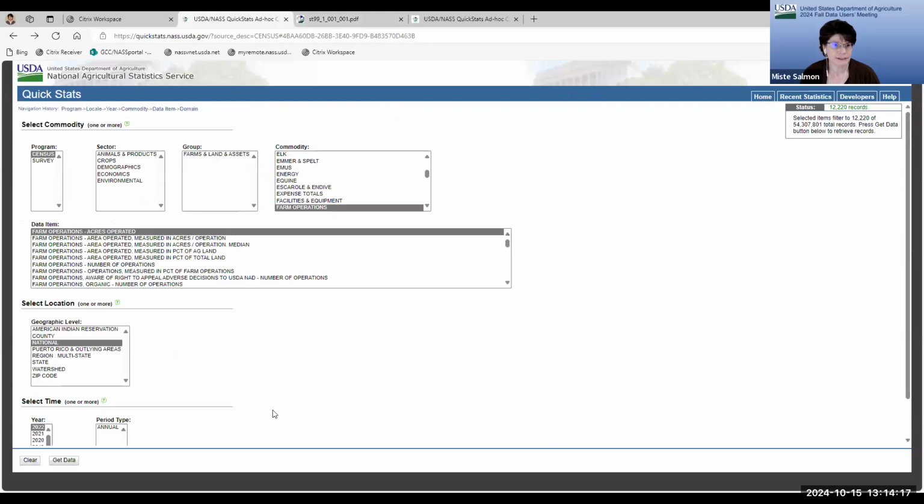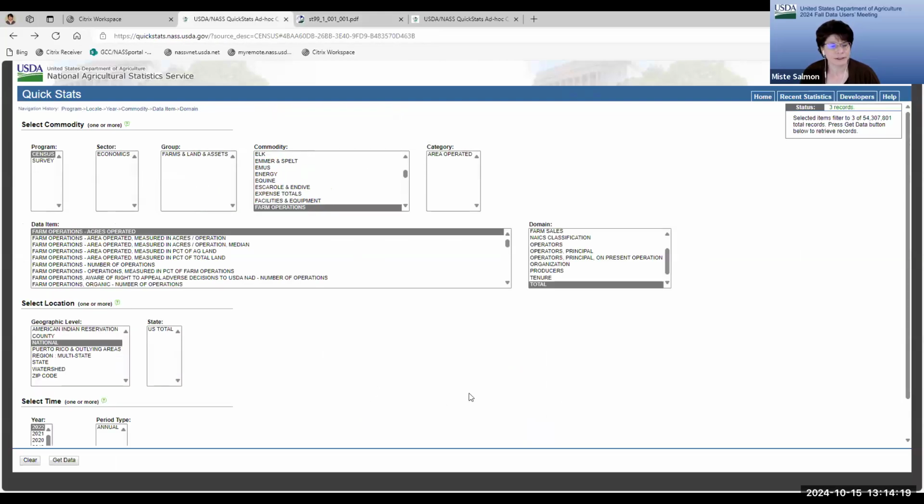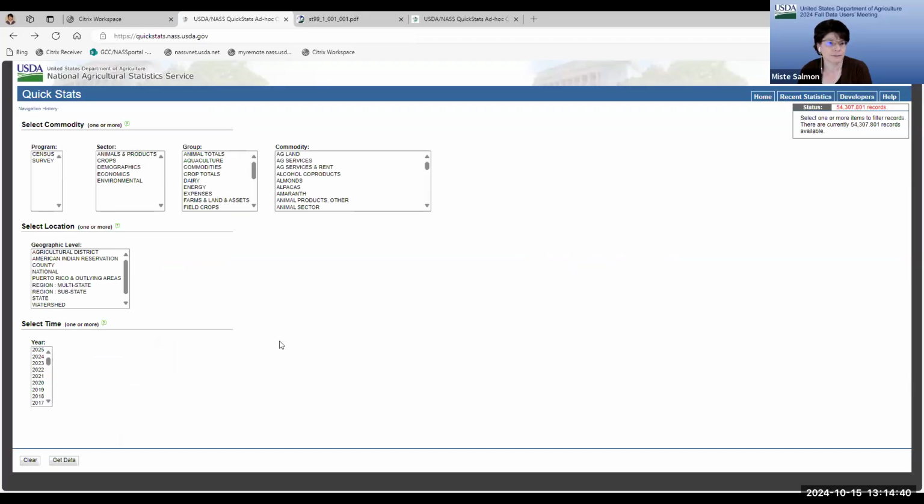Now, why did I show this example? I'm showing it to show you that we are encouraging you to go directly from program to commodity to data item and domain. It isn't necessary to choose each item. If I were to go back and clear this and just poke around and try to find the data,